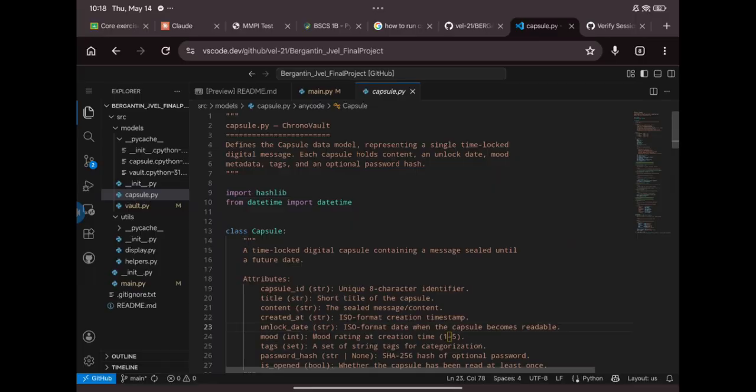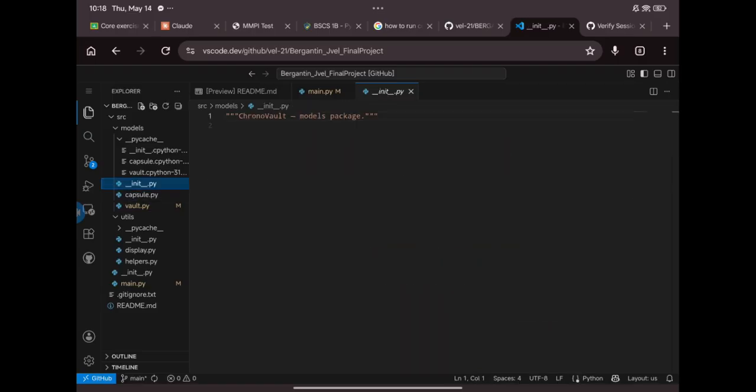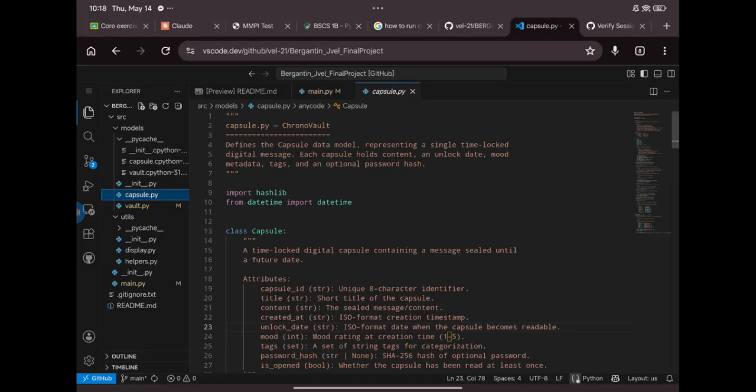I'll try to explain it in a simple way. So my project has two main classes. The first one is the Capsule class, found here in capsule.py. A class is like a blueprint, so every time I create a capsule, it follows this blueprint.